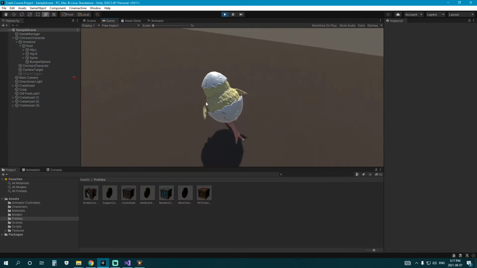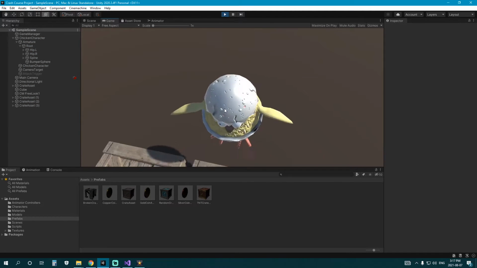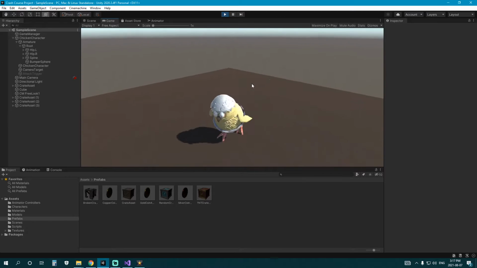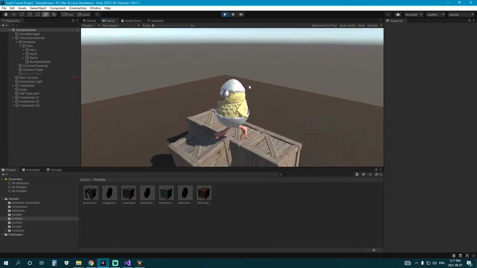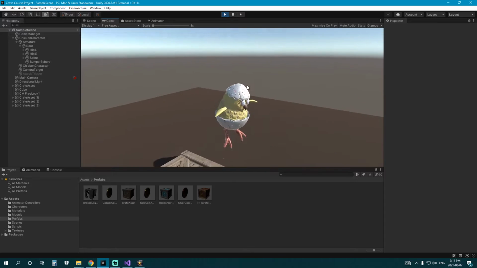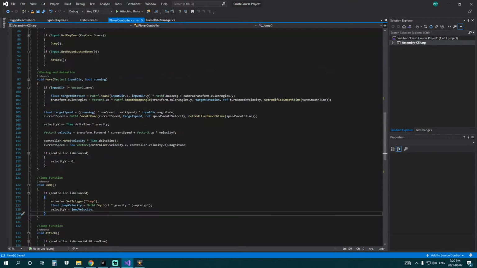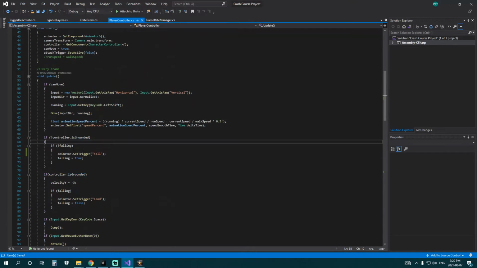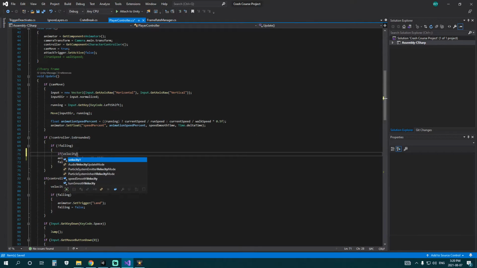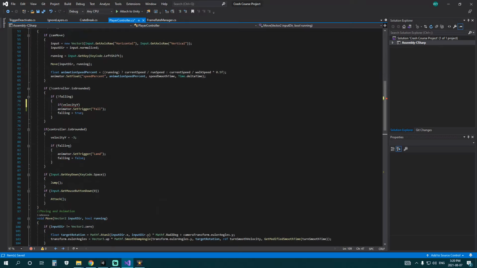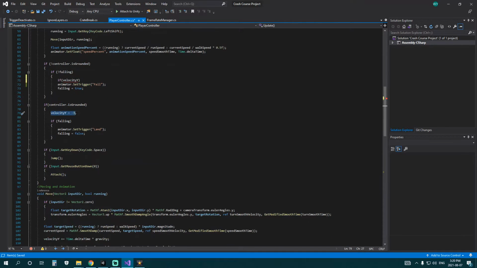I just realized, actually, we've got to add a little line to our code. If we jump, he'll go right into the falling animation, and that's the way we've told it to do it. That's my bad. Okay, one little line. I want to come into our code, right here. If our velocity y, which is our vertical velocity, and that's calculated down here by our gravity. So the reason we add this right here, a -3 kind of vertical push on the player, is that